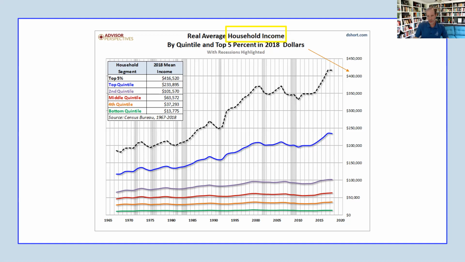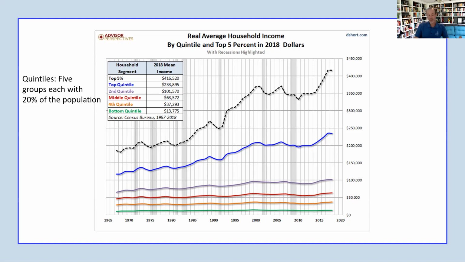And so this axis here lists how much income a particular person makes in a year. It goes from no income, and the top, because it's average, is $400,000. The categories are broken down for the most part into quintiles. So that's 20% categories, but there's also a separate category for the top 5%. So bottom 20, next 20, 60, 80, and then 100 is that top category there. And then again, a separate category for 5%.